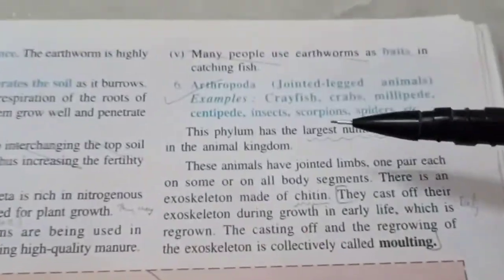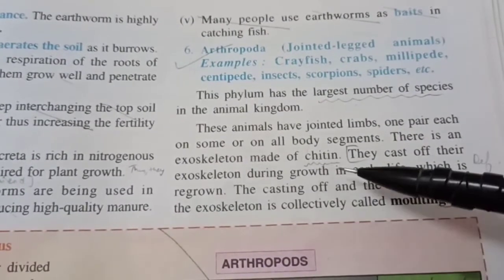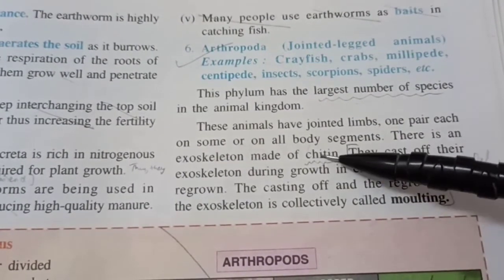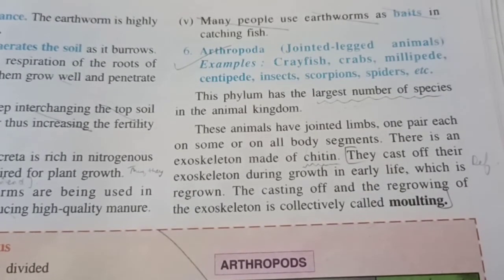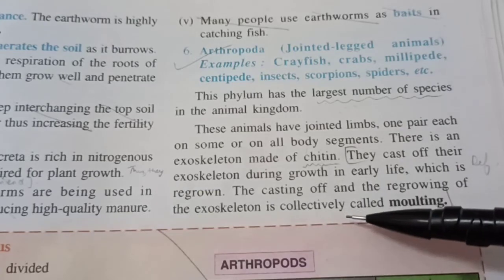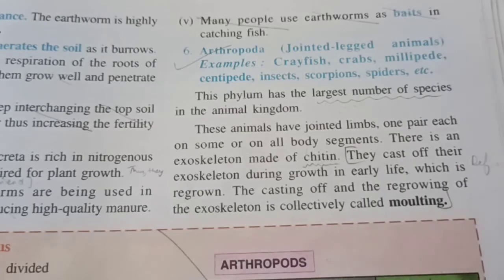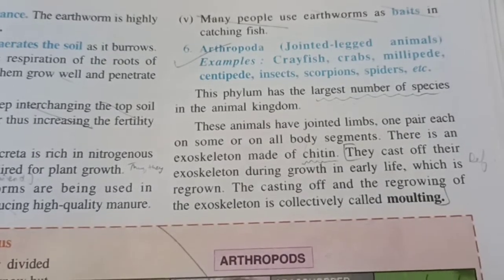We just have to know that all the arthropods have an exoskeleton called chitin, which is very interesting because this chitin can even block nuclear radiations. Imagine if there is a nuclear holocaust and nuclear war, all the humans will become extinct, but cockroaches will survive because they have chitin. They even cast off their exoskeleton and regrow it, which is called molting. Molting happens in other categories also. For example, snakes also molt their skin. You may have seen the outer skin is just removed by them and there is a new skin underneath it. Even we continuously grow our skin, although it's not visible. Or maybe it is if you have a lot of dandruff.